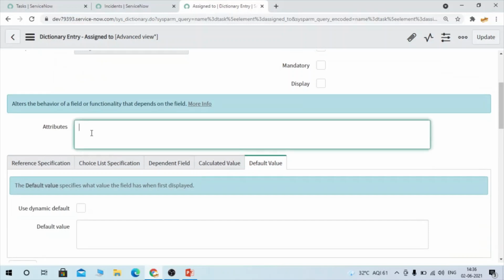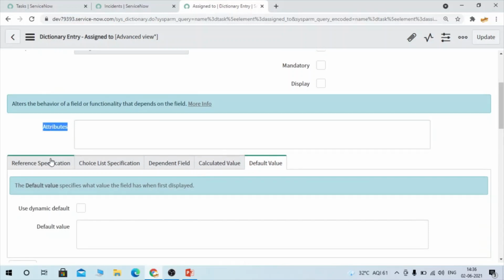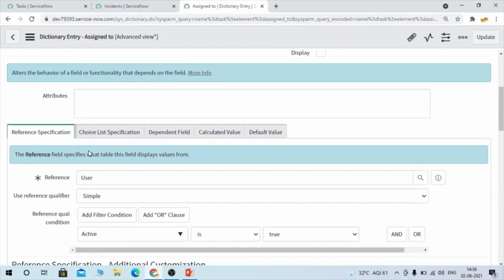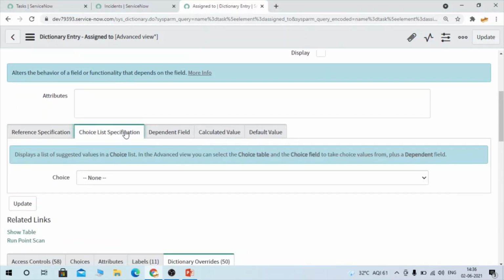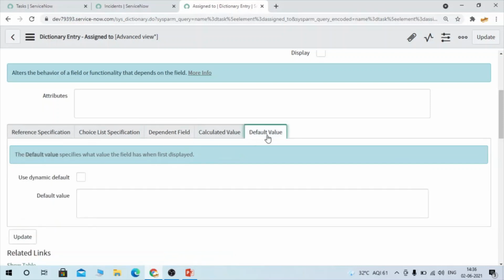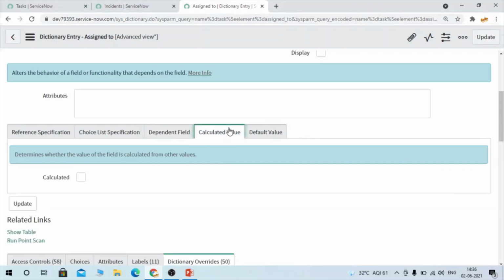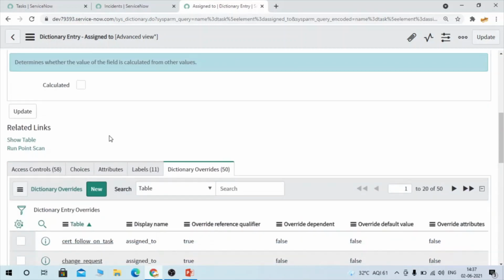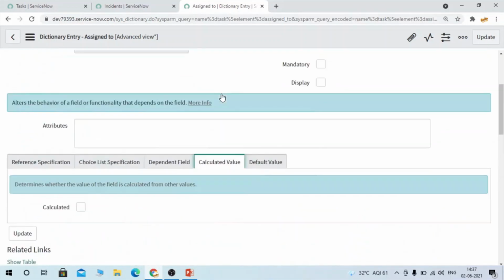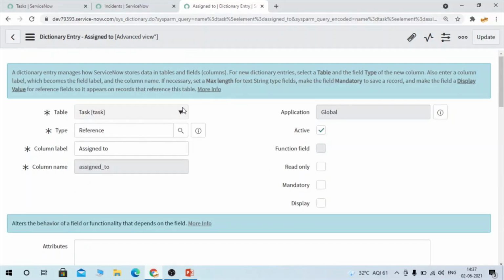If you come down, you can set the attributes, the reference qualifier, the choice list specification, a dependent value or default value, and even a calculated value. A lot of things you can do on the dictionary level can be overridden for the child field by using dictionary override.